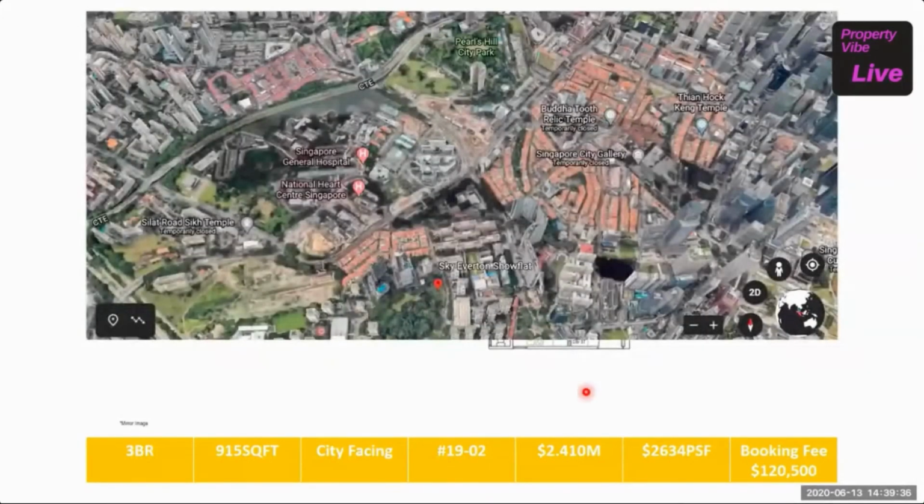Okay. So from here you can see this is where Sky Everton is. Going towards this direction, this is where the Singapore General Hospital is, and then this is where the Pearl Bank Park is, and after that, if you cross further, will be River Valley, Orchard really. So from here you can see